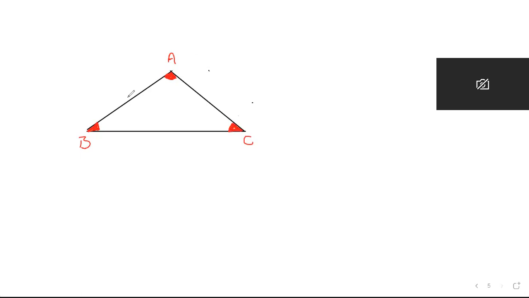If you look at this, you notice that in front of any angle, there is a side. For example, in front of A as an angle,